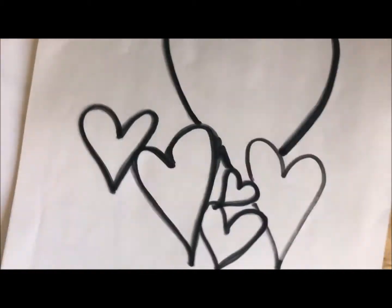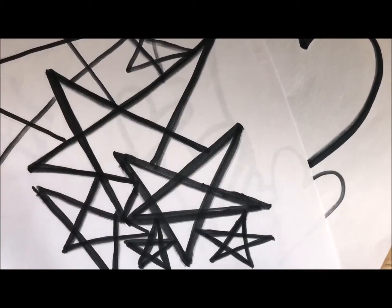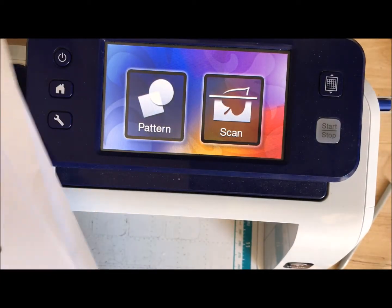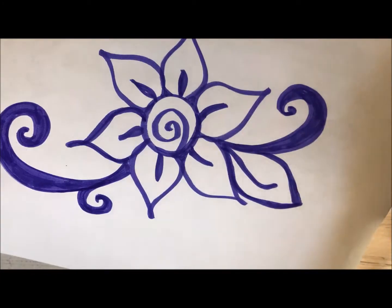Guys, May's mom here, and I was doodling. I was on the phone and making some doodles and trying to think of some ideas for some more intricate patterns. As you can see, that one's a lot of stars, that one's a lot of hearts, but I don't love them. But as I was doodling and just testing things out, I did come up with a flower that